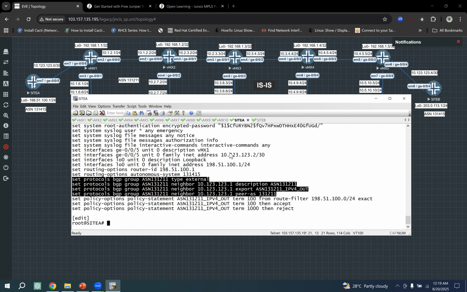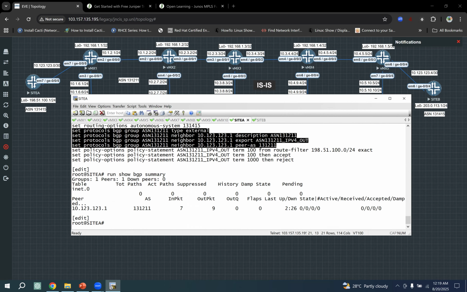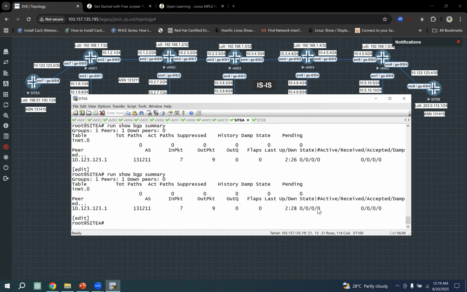Checking from site A. Yes, getting BGP up. No prefix active, no prefix received, no prefix accepted. Okay, so no prefix is being received in site A because